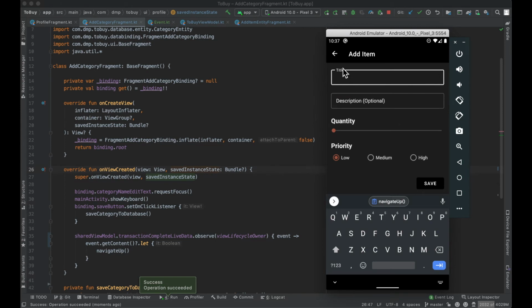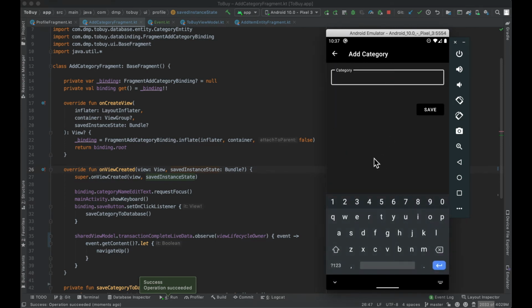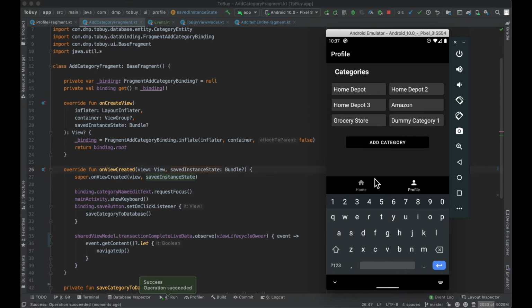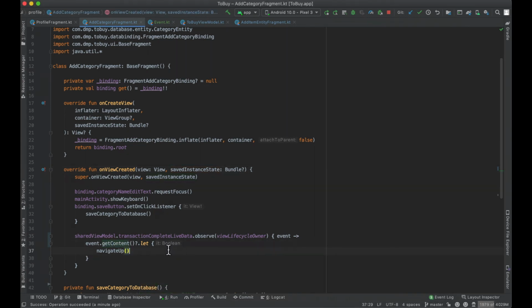So we're going to go ahead. All right, we're just going to add, let's just do the category because it's a little bit easier. So we'll say dummy category 1. We'll save it. It appears there. We can go ahead and click add category again, and we didn't immediately get bounced back to our previous screen, because when we access this live data again,